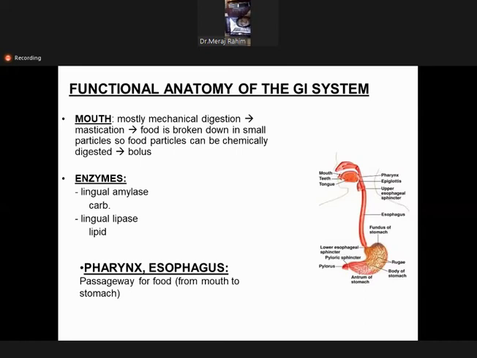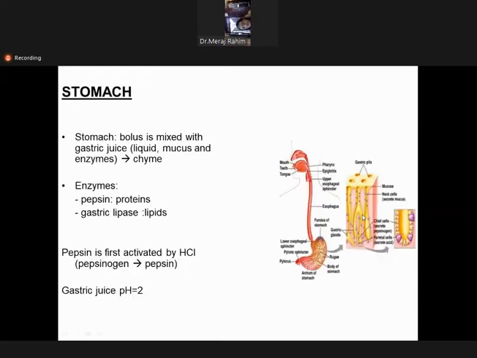Then the food goes into the esophagus, and from the esophagus, which is this, the food enters into the stomach. Again, in the stomach, it gets churned, forms a substance called chyme, and then chemical digestion also occurs here. As you remember, the stomach has got gastric glands in its inner layer, and those gastric glands have got different types of cells. I hope you remember the G cell secretes the gastrin, the chief cell secretes the pepsinogen, and the mucous cell secretes the mucus.